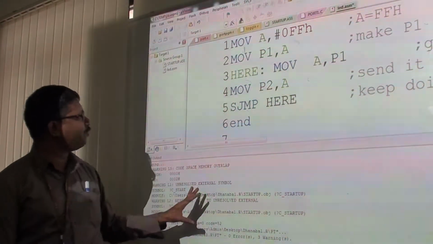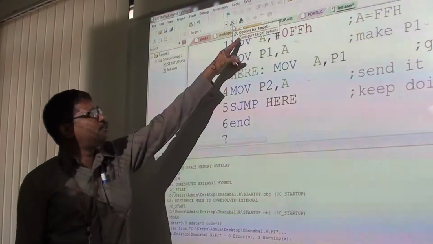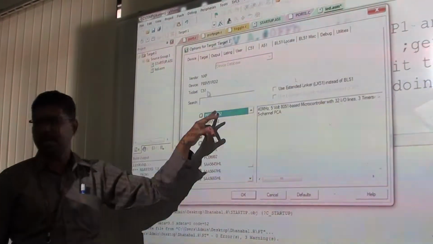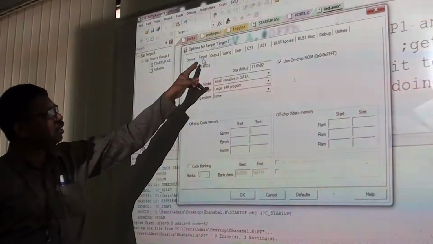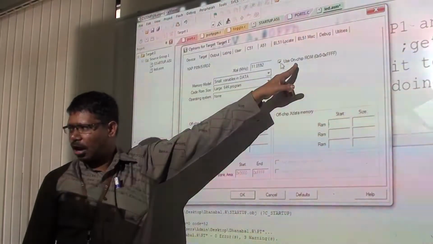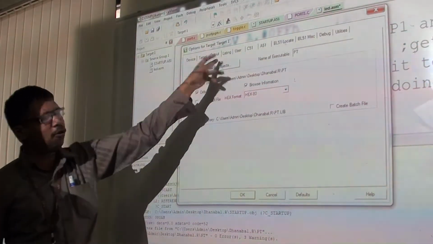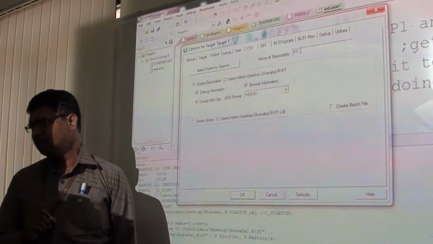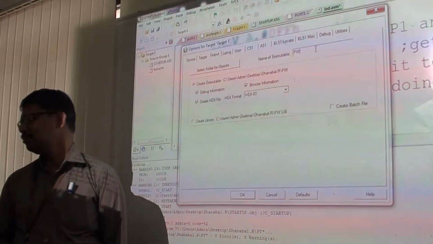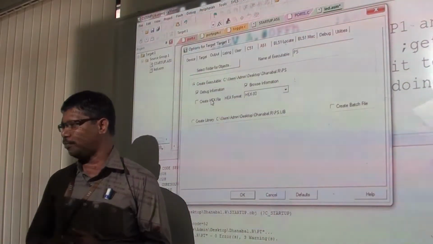Okay, now I have to create the X file. The procedure for the X file is you have to open the options for target, just click it. You have already decided the device, ensure that it is P89B51RD2. After ensuring it, you check the crystal oscillator frequency 11.0592, enable the internal ROM to be used, and then go to the output tab. In the output tab, select your folder on the desktop. Ensure that you keep the folder on the desktop, because after completing you can send it through mail.